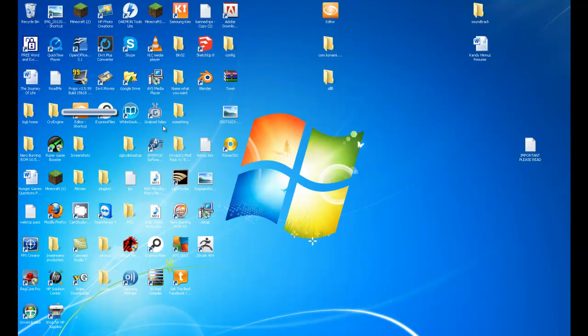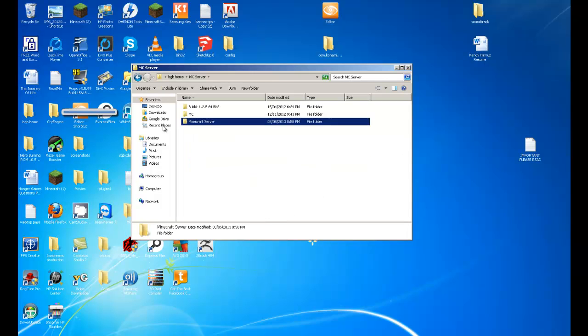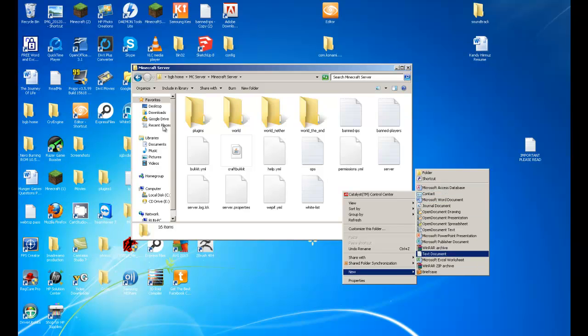You just go to the server folder that you set up. I kinda took off mine. Okay, alright, so go to wherever your folder is, and what you're gonna wanna do is create a new text document. Wait for it to load. I don't know why my computer is going really slow. It's never really slow. So yeah, click on new text document,